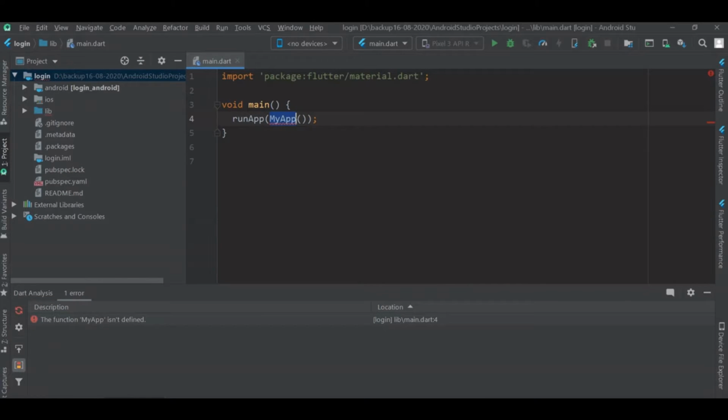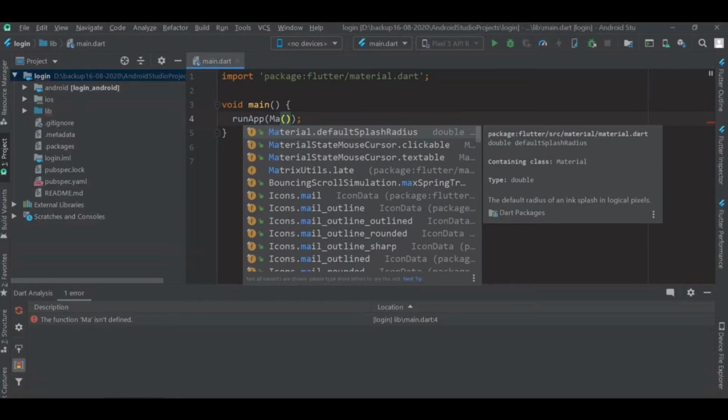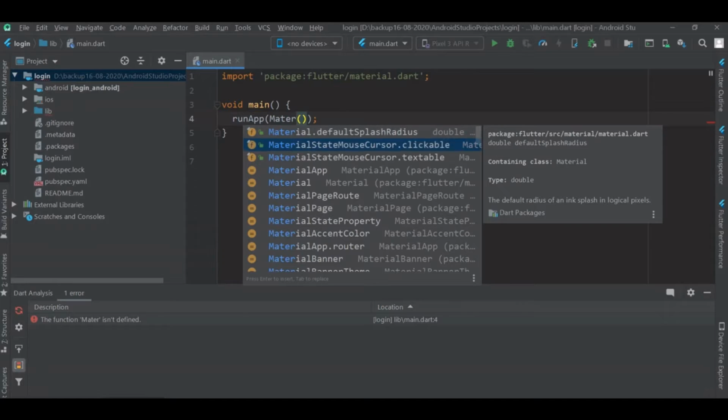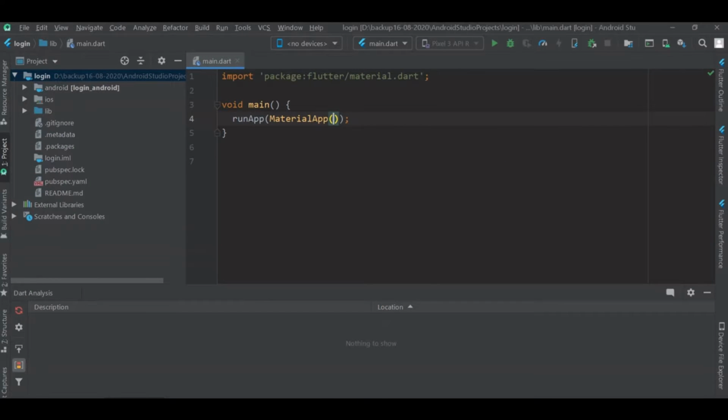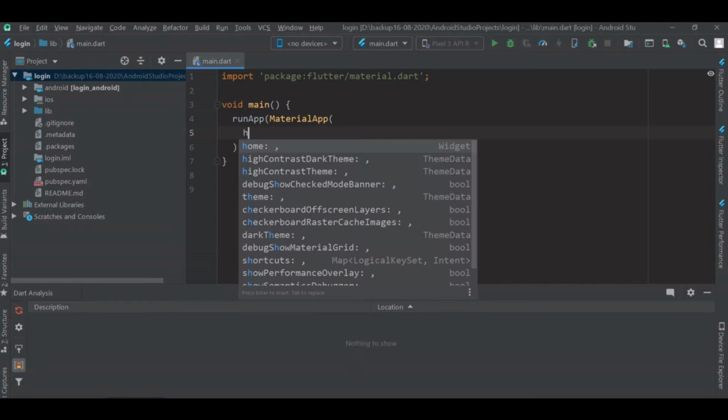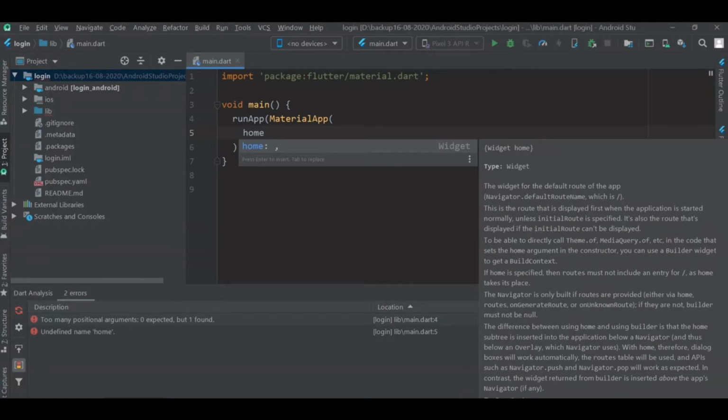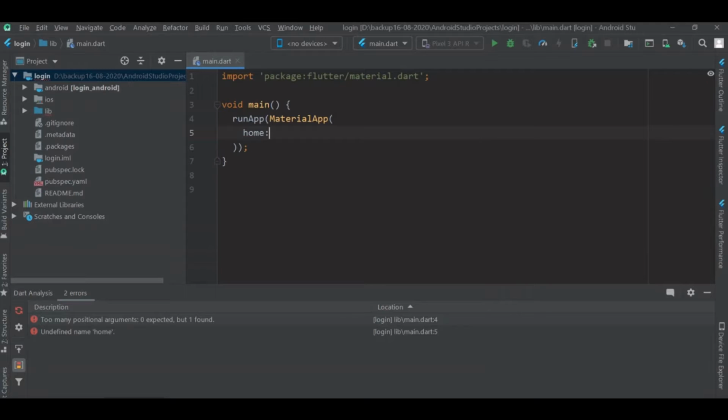So here we are going to use a MaterialApp. This MaterialApp acts as a stand for our painting, which is our app. It has some properties like home, where we define which widget to use. So this is a widget structure, like a building block. Before this, I have to create another